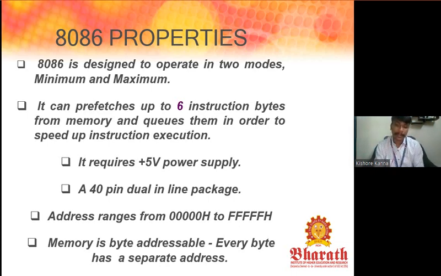Memory is byte addressable, every byte has a separate address. I already told you the data which is being processed by the 8086 microprocessor will be segmented. Each data will be segmented into each address. It doesn't have a combined or correlated addressing where multiple data is stored in a single address. For each data, each address will be aligned to make the process fast and quick. These are the 8086 unique properties,